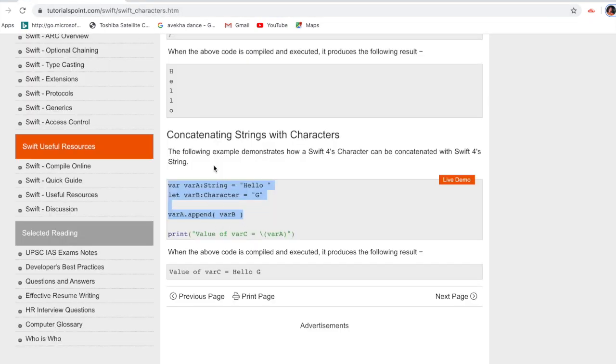So what happened here, I'm just showing you the output. Here already "hello" is saved in one string variable a, and the character g. So in this variable, hello dot append means adding, add this variable b. So the output must be like hello. This is the output actually showing. Okay, hello c, hello c, this is the output it comes.